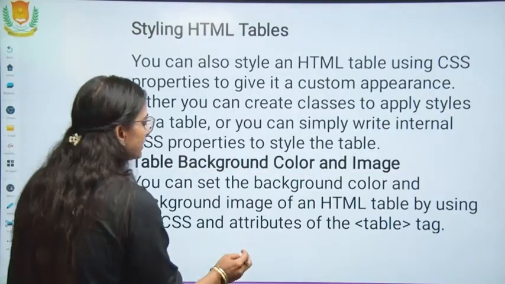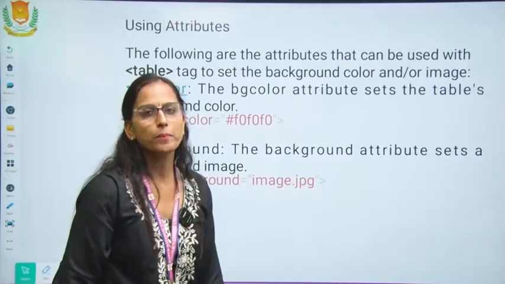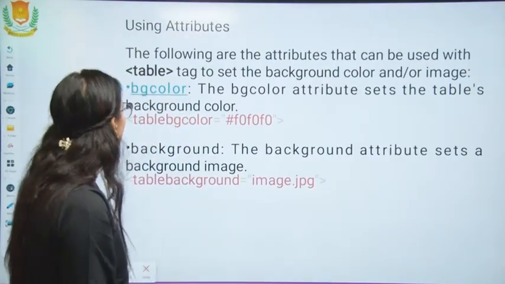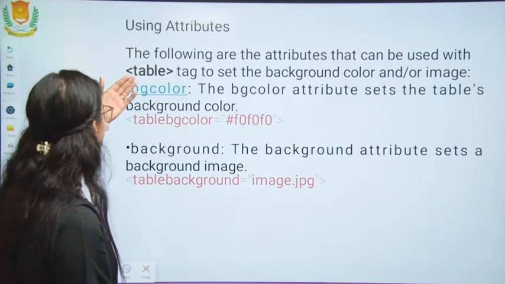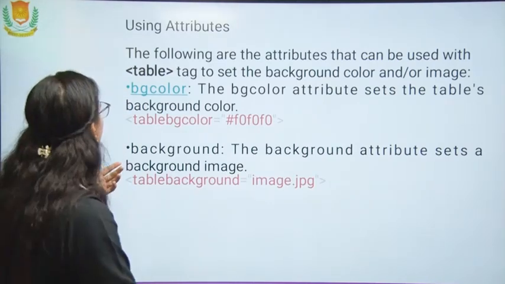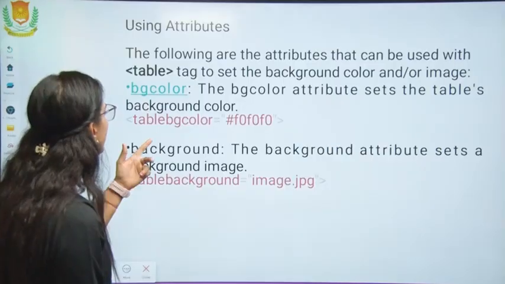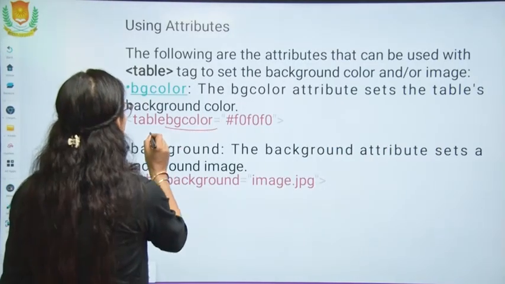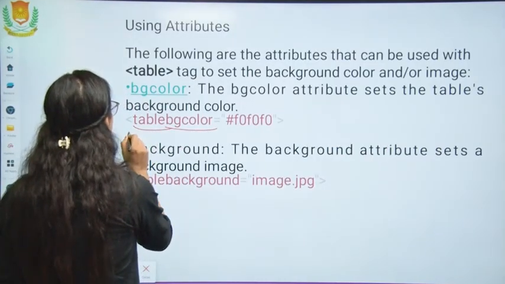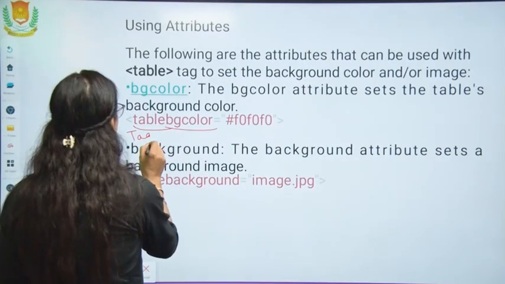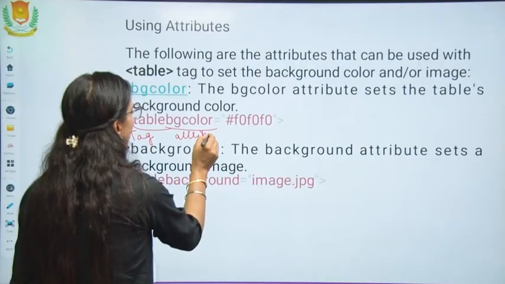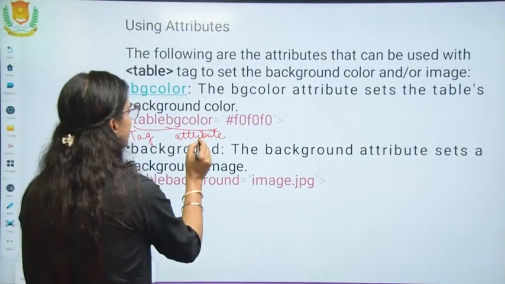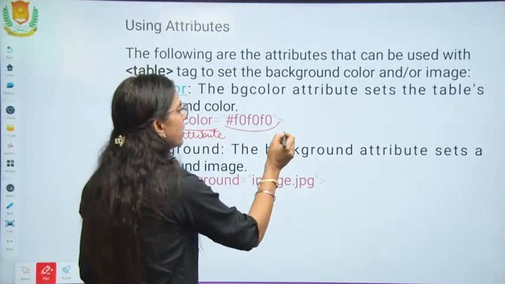Again, CSS is used to specify the properties of the table. See the example, how can you use these attributes? For the background color, we have the table bgcolor. Again, this is the tag, and this is the attribute, and this is the color code.